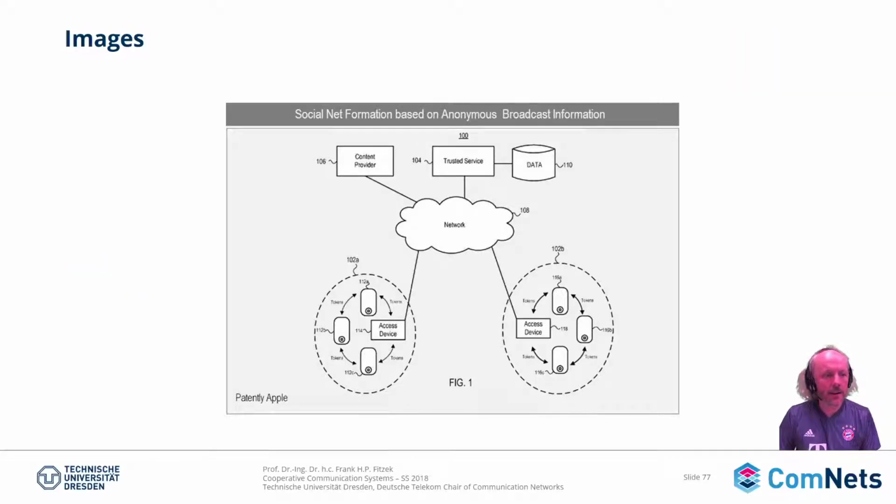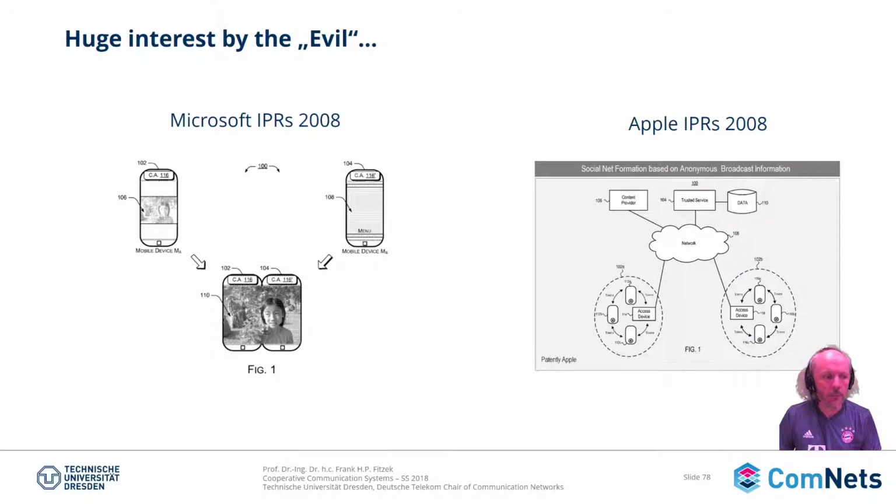Apple did something similar. They said, oh, we can have a cluster head that communicates with devices, and then they connect to the network, and then we have cloud communication up here to let other clouds talk to each other. They had something like this already patented as well. And this was a patent in 2008. There must be a time where the evil struck back and said this is something they would like to